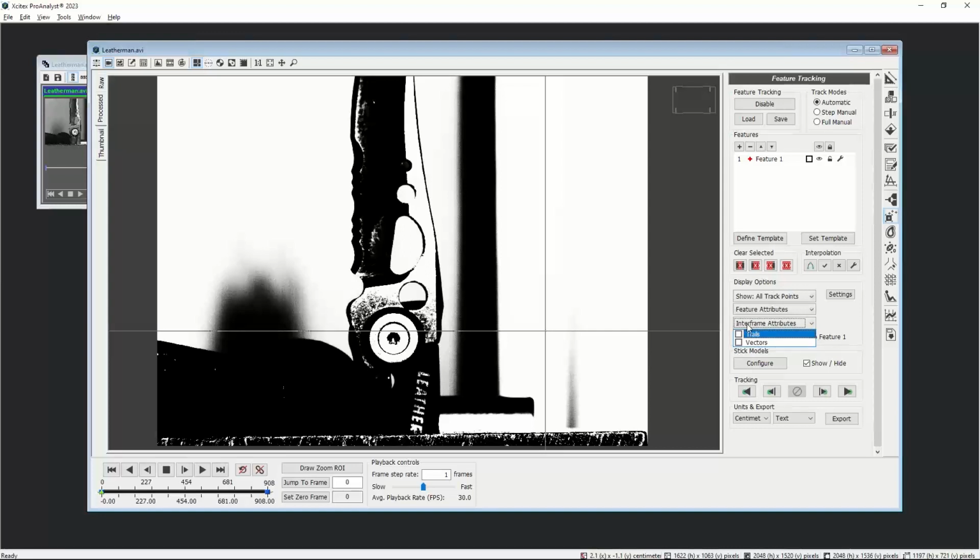What trails will do is show you the past tracking points, but they'll fade out, and so that's a nice visualization. And vectors will just draw an arrow to show you in what direction your feature is moving. And then you can show or hide different attributes of each feature, like their label, search areas around them, and so on. There's stick models, which allow you to draw